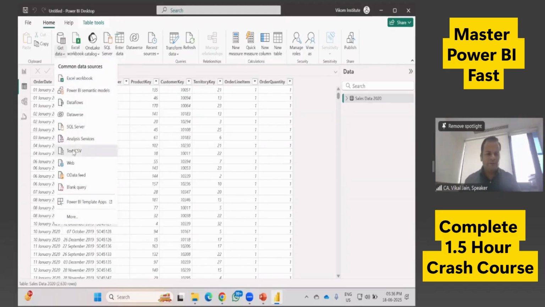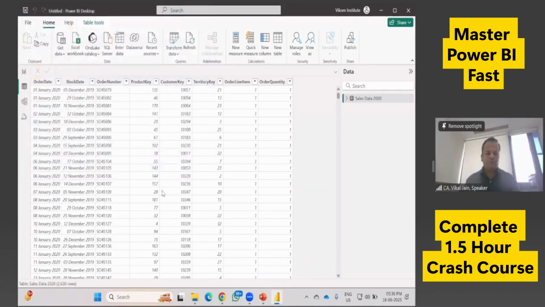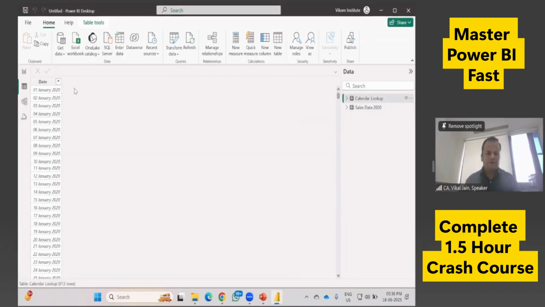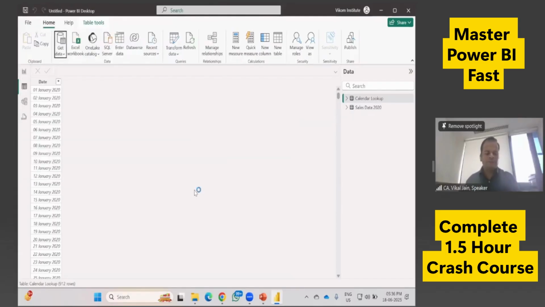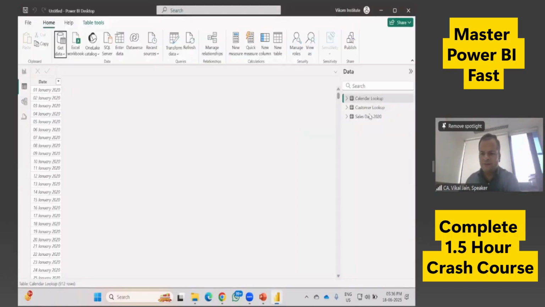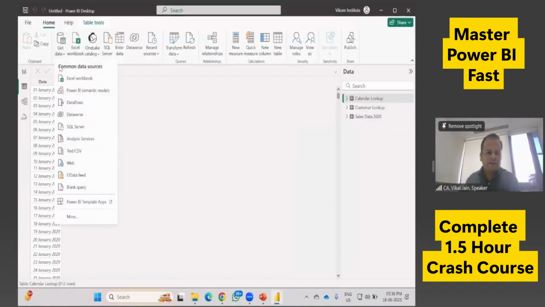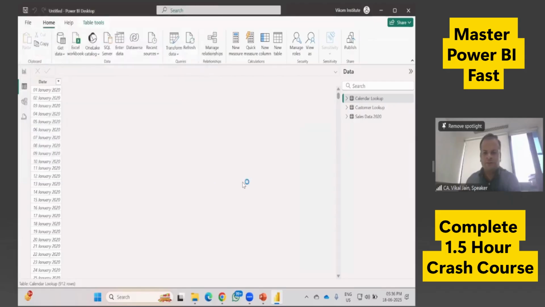Let's say Get Data from Text and CSV. Let's say I'm going to import this calendar lookup. So Load. This time I'm not loading into the Power Query editor, and you can see the data is here, calendar lookup. So I can switch my data from this to this. Simply load the third file, customer lookup, and again Load. This time we have three tables over here. Get Data, Text and CSV, and the fourth one, product category, Open,